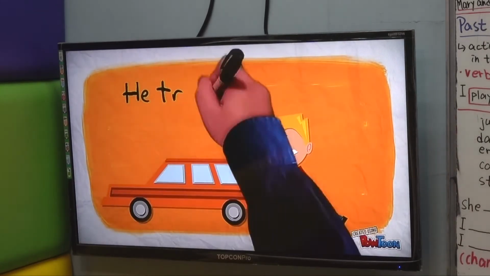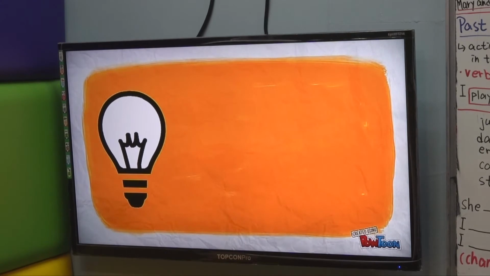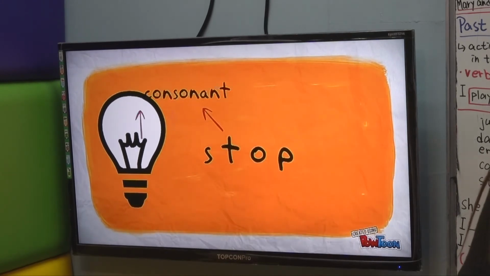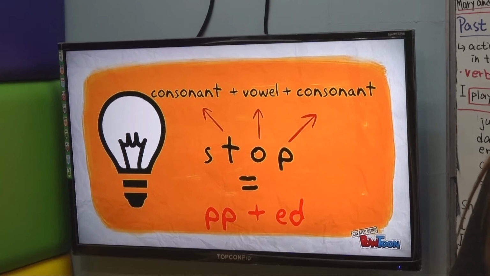He tried really hard. Remember, when the verb ends in consonant plus vowel plus consonant, we double the last consonant and then we add ed in the end. For example,